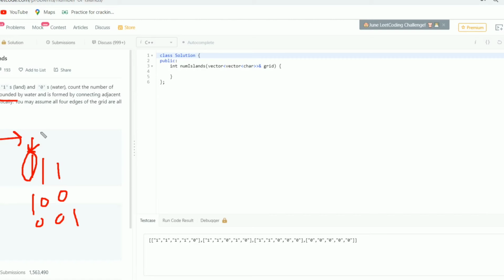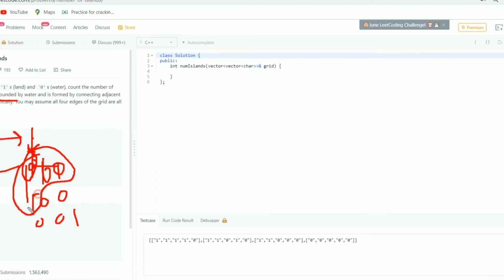Then from this location we will be calling our DFS function and start traversing in 4 directions, that is up, down, right and left. While traversing in 4 directions we will be checking for 1 and maintaining our base case. Finally we will be covering this group and converting this group to 0.